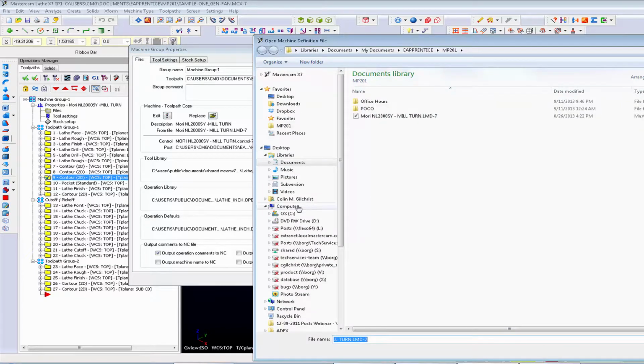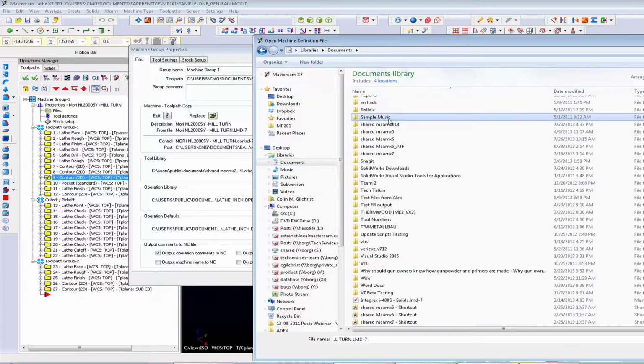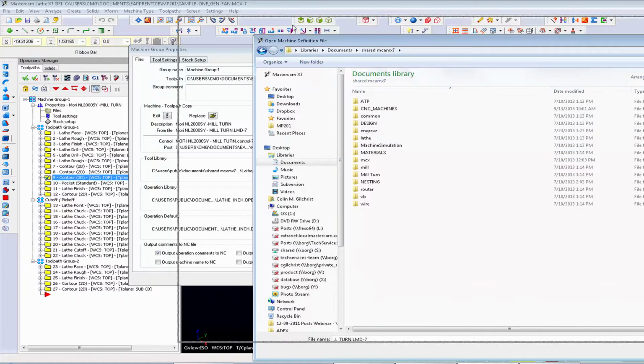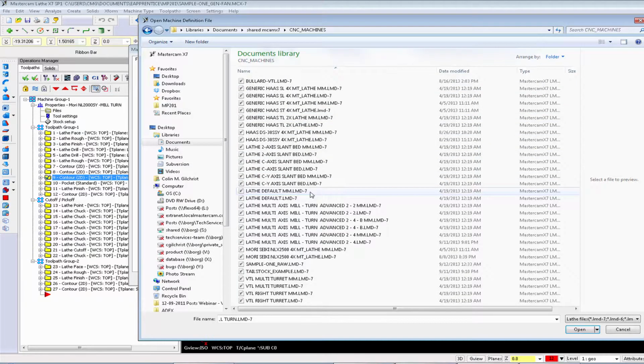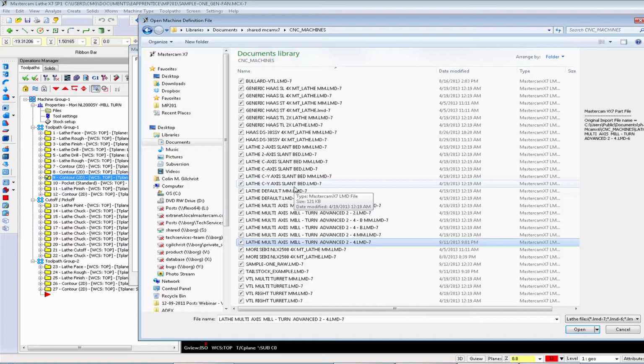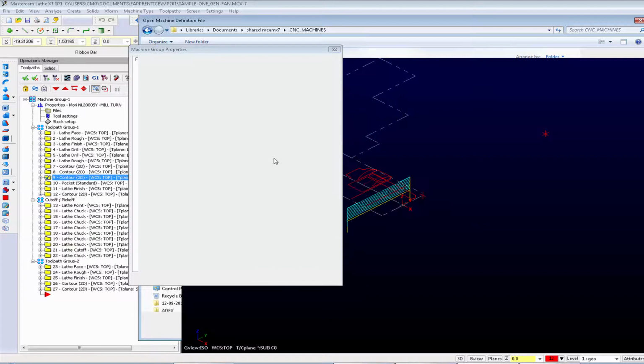So we'll go back to shared MCAM-X7. Oh, and I apologize. Let me, okay, I'll open it right now. Let me get this done. So, lathe multi-axis, mill turn advanced 2-4 without the B is the machine definition that we want to use to represent a machine with 2 spindles and with 4 axis combinations, but without the B axis. And that's going to use generic